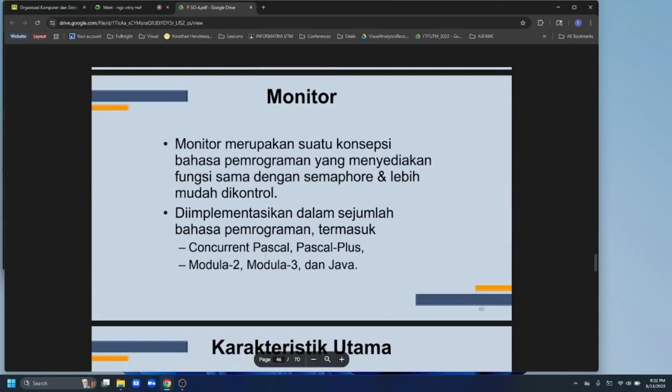And then another solution is by using a monitor. A monitor is a programming language concept that provides a function that is the same as the semaphore, and it is easier to control. It is implemented in a number of programming languages, including Concurrent Pascal, Pascal-Plus, Modula-2, Modula-3, and Java.